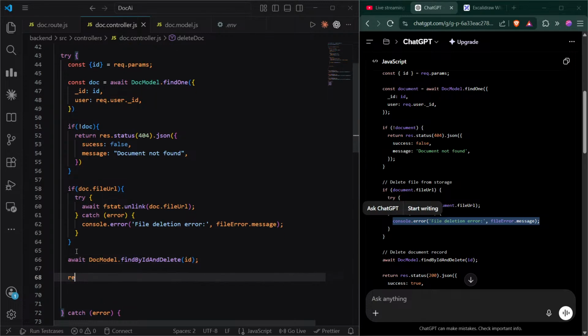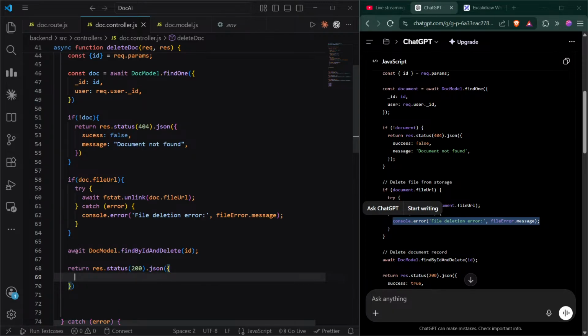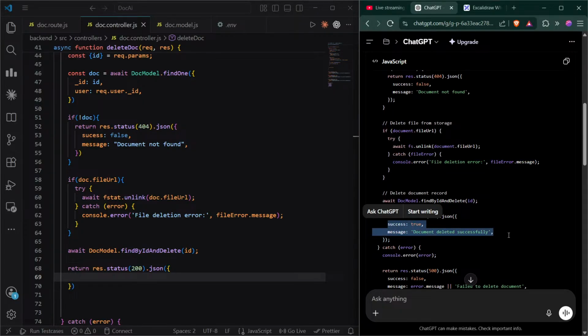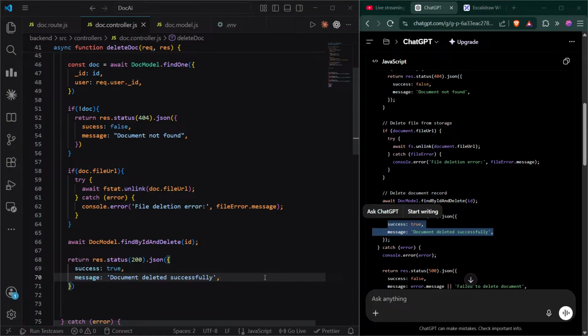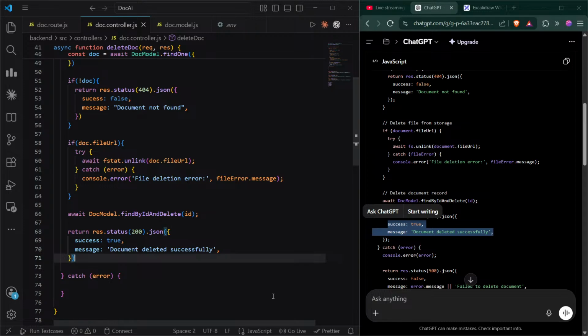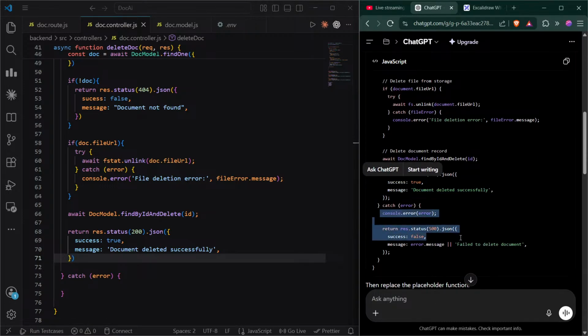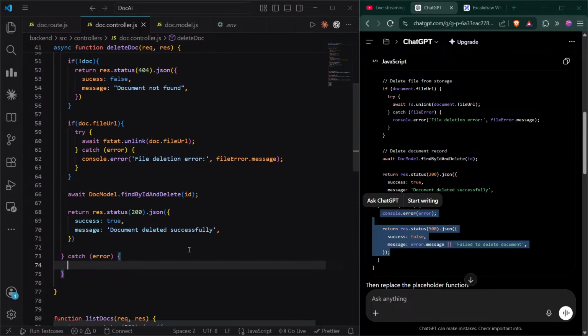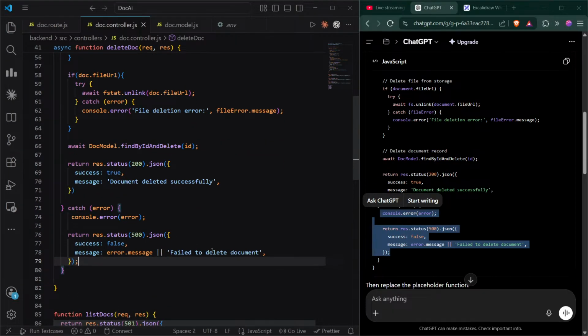Okay, and we'll return the response, response.status(200).json, and we'll send success true and the message. Else, in the catch block, we'll log the error and return the response. Okay.